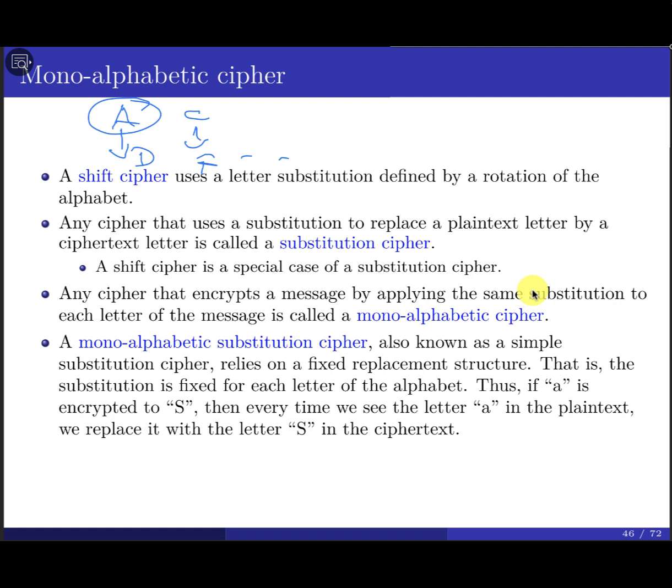We need just to generalize this one. Something like this: F, they say X, for example. A also is going to be X. The most important thing is that you are going to map only 1 to 1, and this is going to be fixed. So every time you find A, you're going to map it to whatever letter you want, and it's going to be fixed, regardless of the position of the A in the plaintext. The same thing that we did with the shift, or substitution.